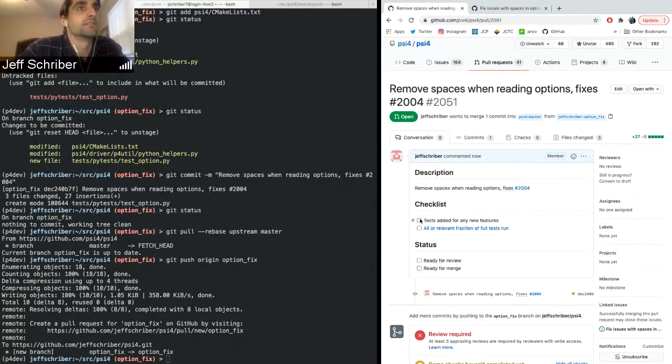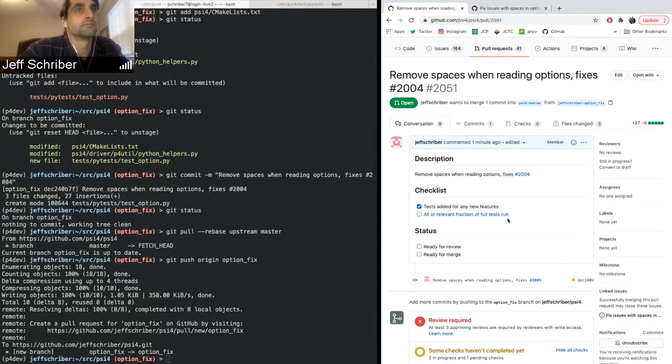And we added tests, so we can check this box. I think we can check this box too. And I think this is basically ready for review because it's a very simple thing. Not ready for merge yet because it's not approved, but